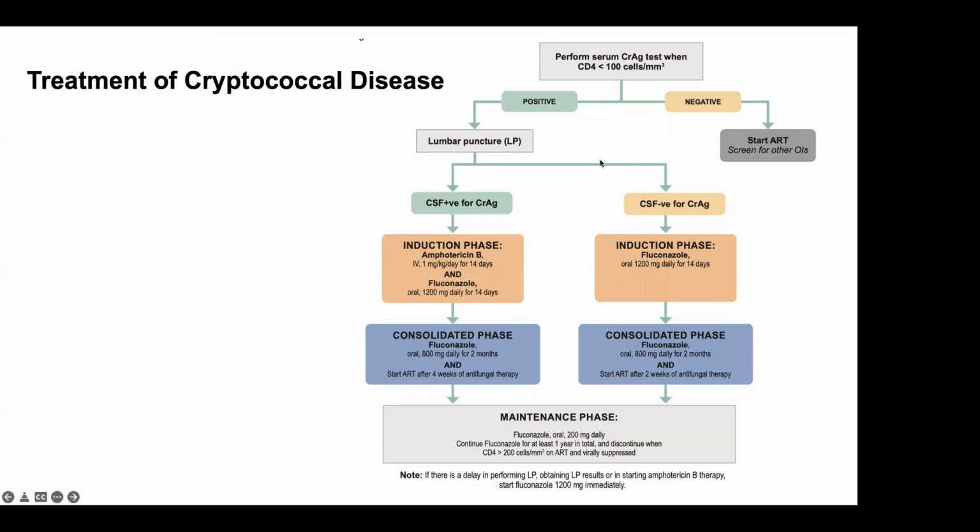Just to remind you, we were on the prophylaxis wing there, 1,200 for 2 weeks, 800 milligrams for 2 months, and then 200 milligrams for at least a year. Remember, the ARVs, you would only start them once your patient has completed the high dose, right? When you reduce it to 800, you might as well start ARVs. Quite important to note right there.